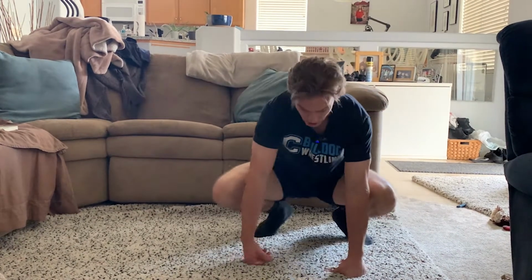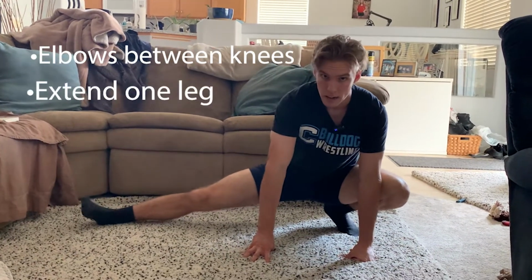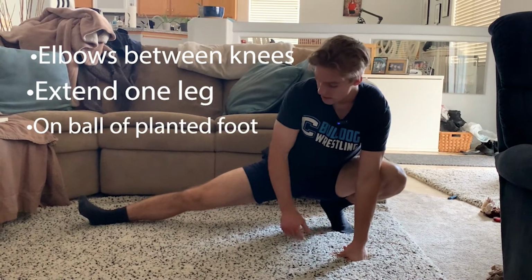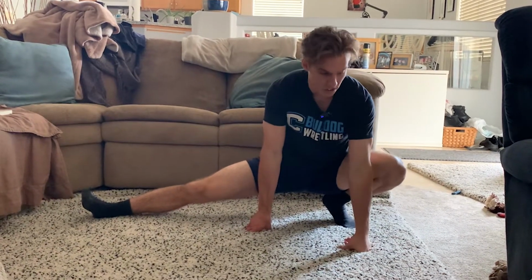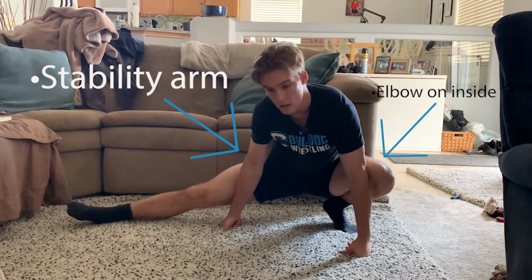So you actually could start in this position right here, kind of like you're a frog. Put your hands down, both your elbows will go inside between your knees, and you just extend one leg out. You're usually on your toes, on the balls of your feet like this. I like to keep my elbow on the inside and my other hand just here to keep me stable. And as you progress and you keep